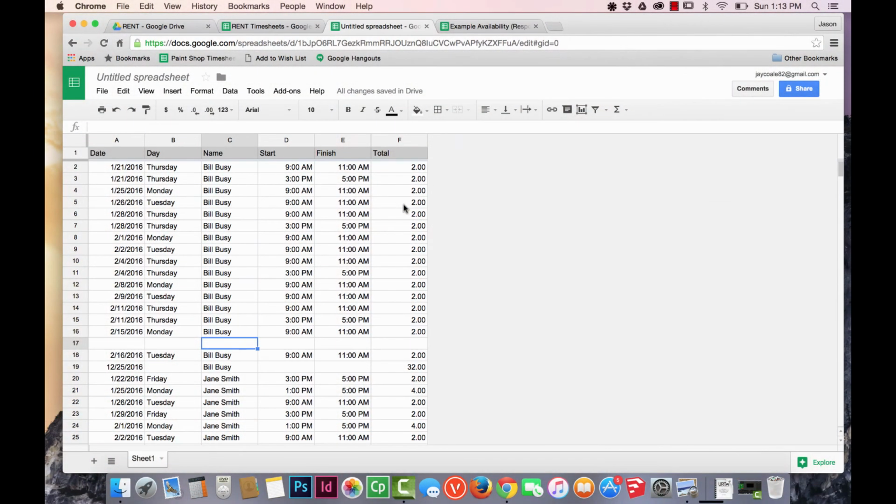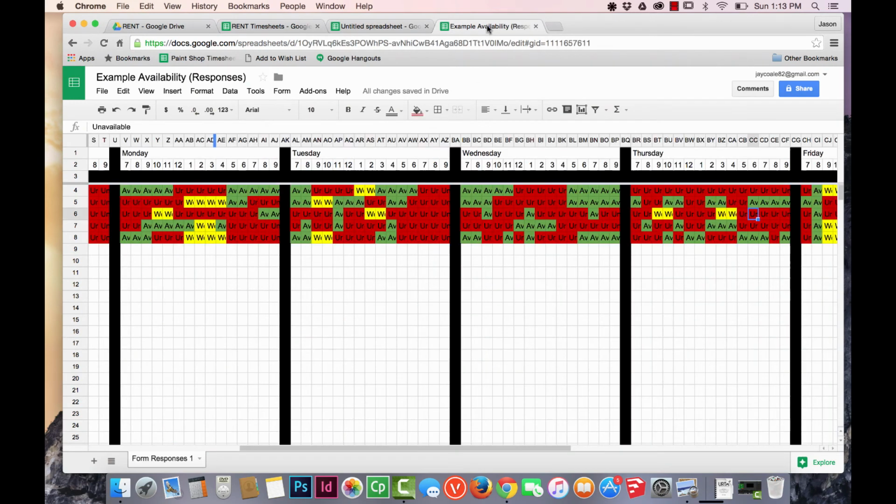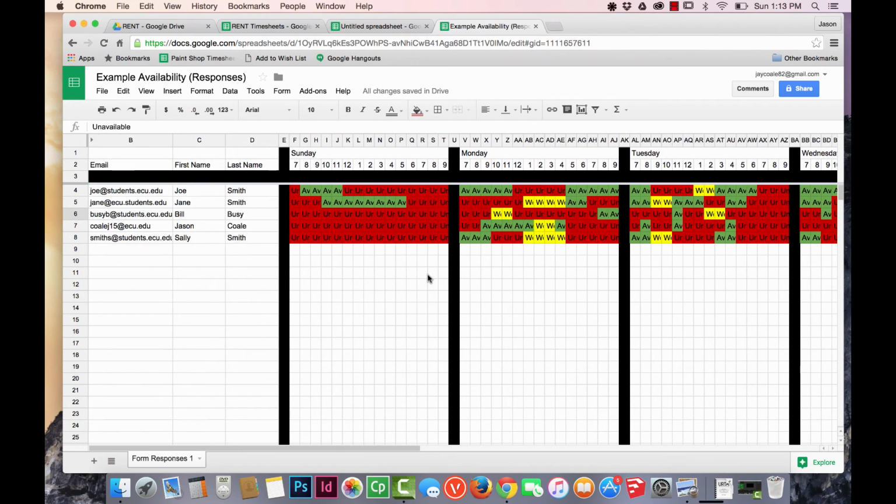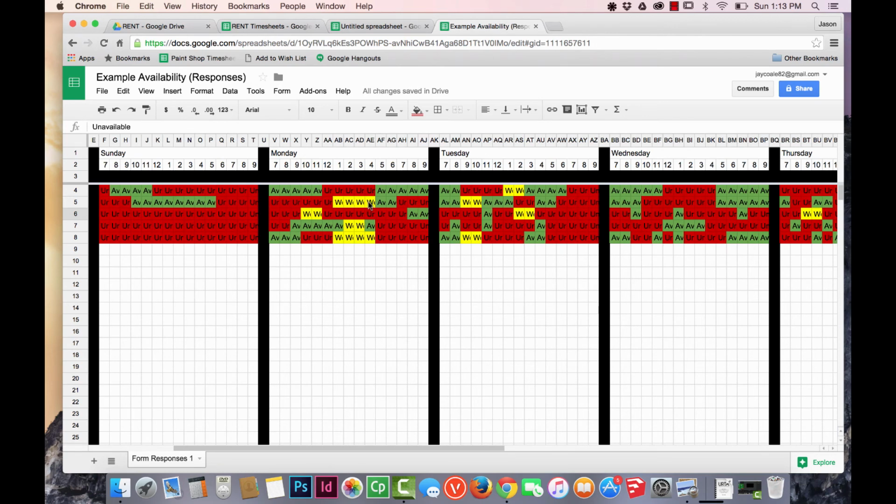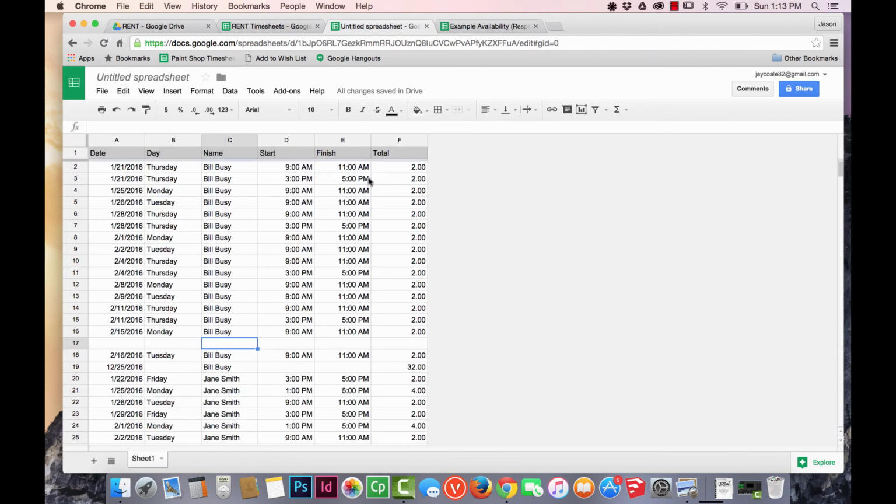The result of all this work and trouble is that you have a schedule that you can look at and examine visually in terms of who's coming in when together, how that's spaced out over the week, and then in a very quick and orderly spreadsheet that tells you day to day, hour to hour, who's supposed to be here and how long they're going to be there for. So that is the process of setting up a